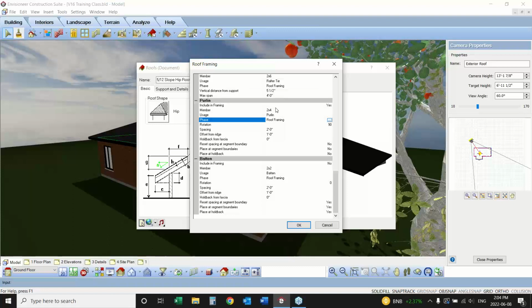So it's very logical and easy to find and order those elements. So again, those can be anything that you want. When you pick that member, you can change its orientation. So you can see here that I've rotated this 2x4 to 90 degrees because the default orientation of a 2x4